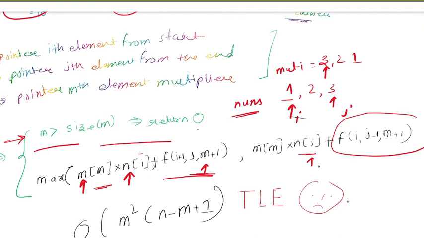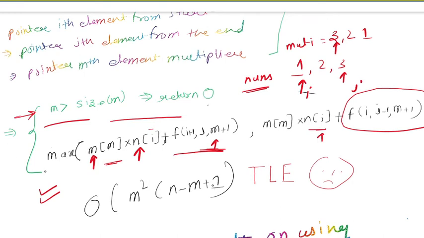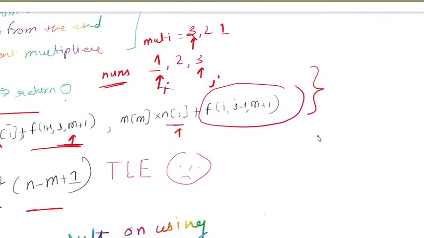So even if you solve this question with dynamic programming, it will eventually take this much time: O of m square into n into m minus 1. I will tell you the reason why it's taking such time. Let's say we have n with a length of 5, and m is a length of 3. What can be the elements which can be selected? The elements selected can be 1, 2, 3, leaving 4 and 5.